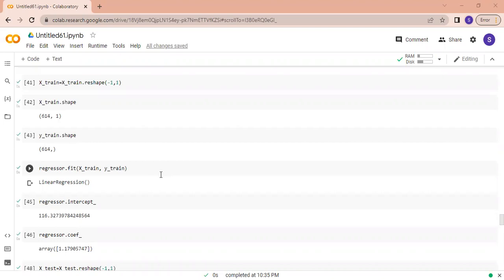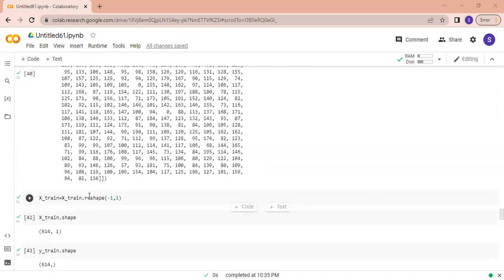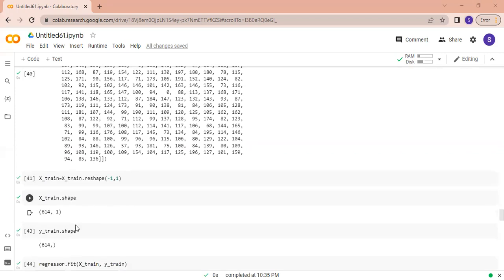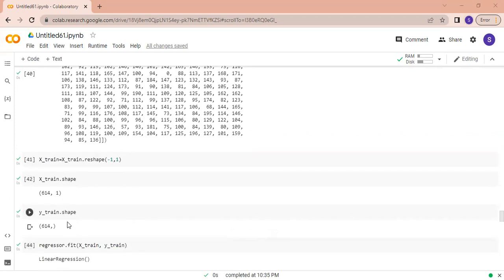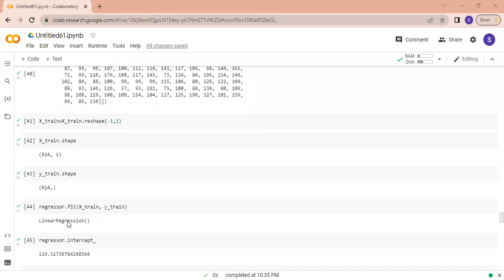So I have to make the dimensions of both x and y similar. I reshape the data, and after scaling both x and y,